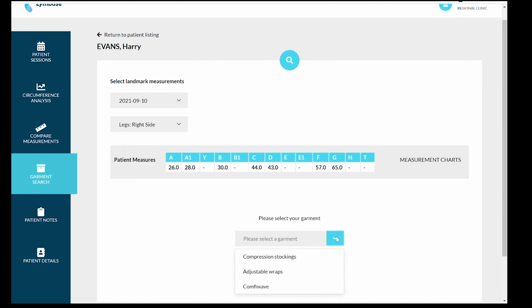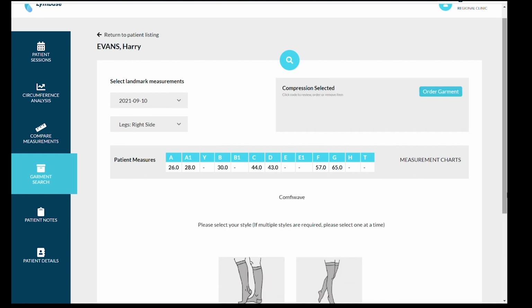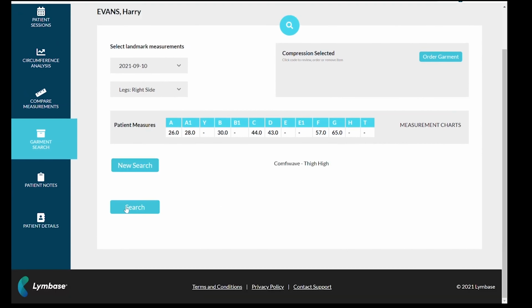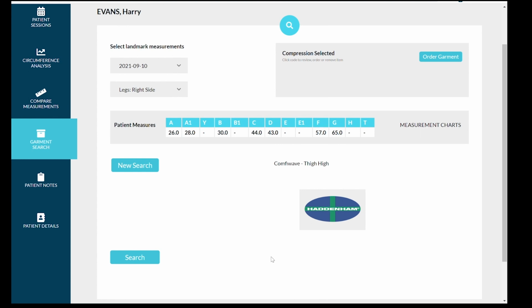Then if you go to select a garment, you've got three options: compression stockings, wraps, or comfy wave. For this gentleman, I'd like to get a nighttime garment for him, and so I'm going to go for a thigh length comfy wave, and I'm just going to press the search button. If you get the logo, it means that you've got a result. So let's click on the logo,